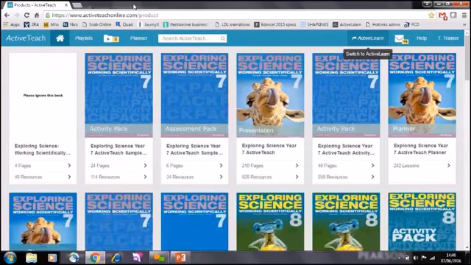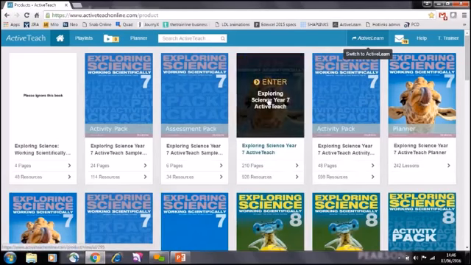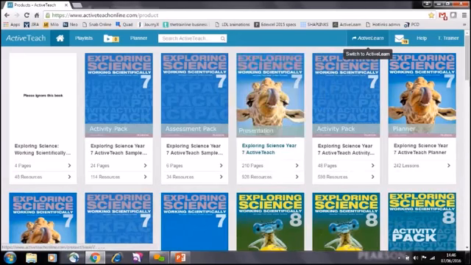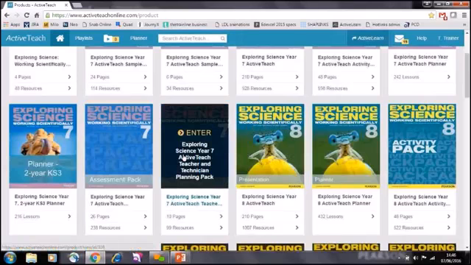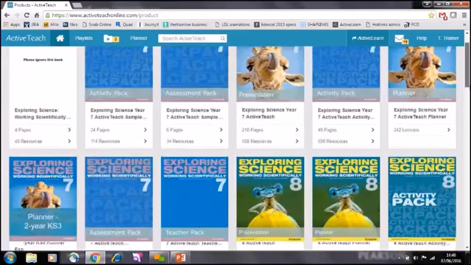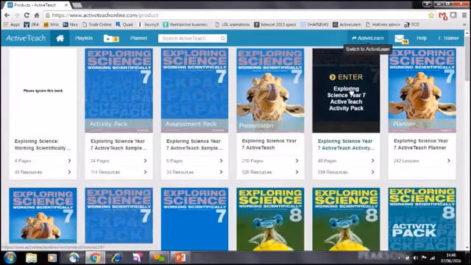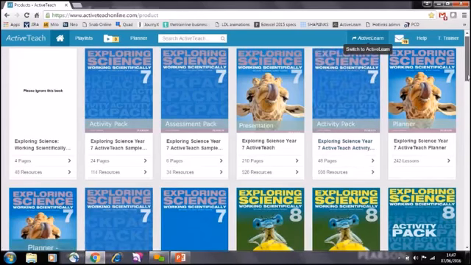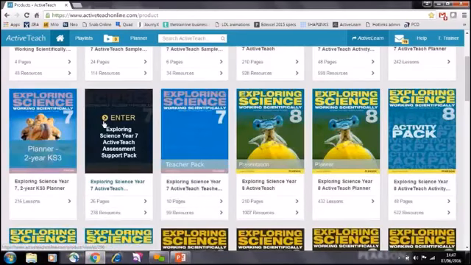For Exploring Science, the teaching content includes the following components: presentation, the front of class teaching components, the teacher and technician planning pack, which provides lesson plans and technician notes for all units, the activity pack, which contains worksheets and health and safety notes for all units, the assessment support pack, which contains formative and summative assessment support for each unit,